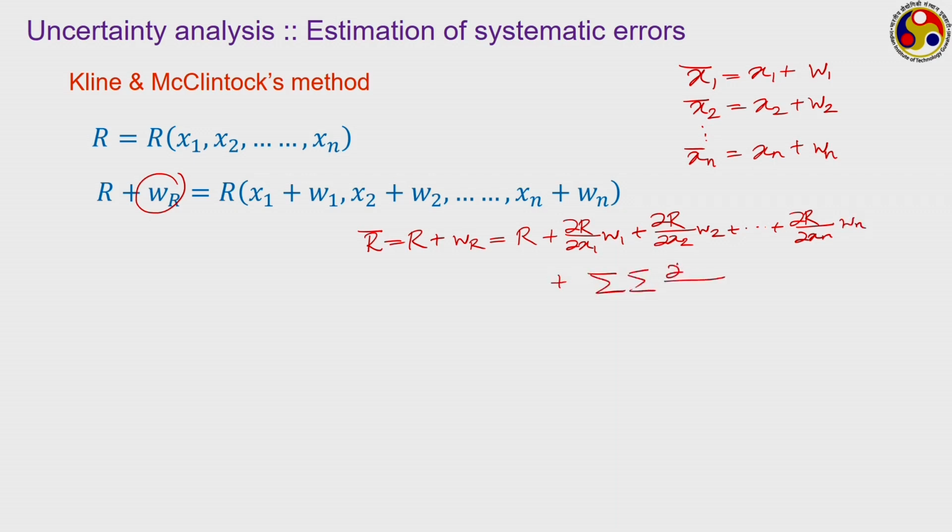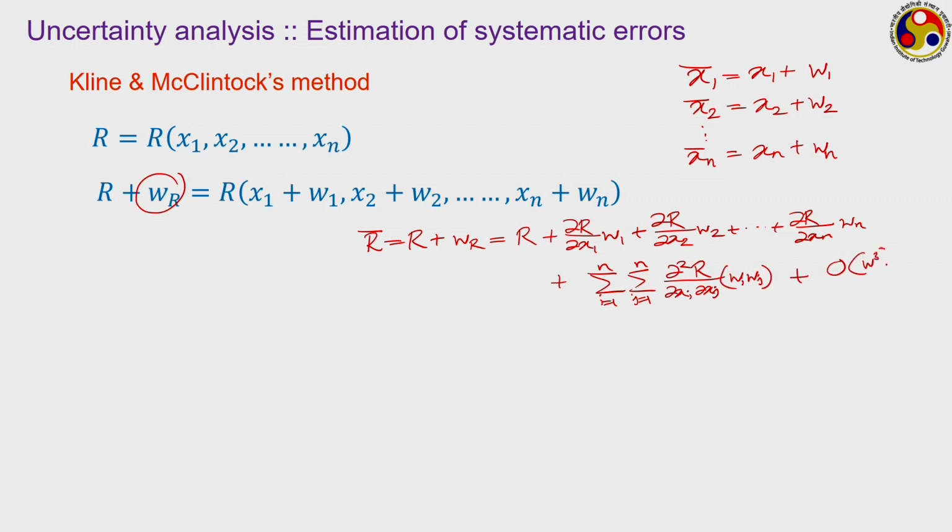The second order derivatives will be of the form dou 2R dou xi dou xj, where i varies from 1 to n, j also varies from 1 to n, into the corresponding wi wj,